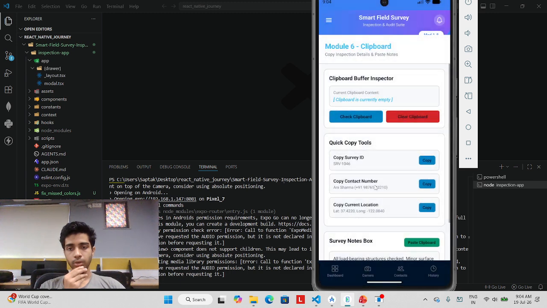While taking you forward to the clipboard section, you can see that the clipboard module uses the Expo Clipboard API to copy the survey details, contact number and location. Users can also paste, note and clear clipboard data when needed. And moving forward,